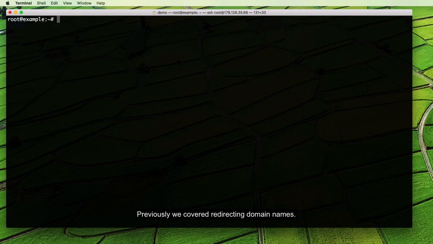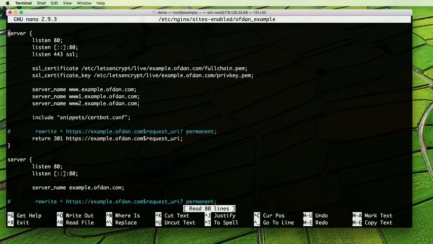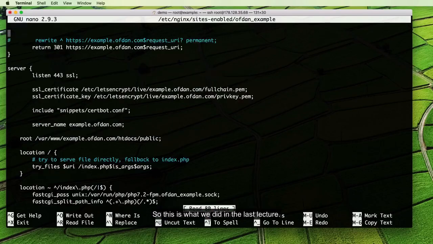Previously, we covered redirecting domain names, but what about if it's just a URL you want? You could easily use location blocks to set up your redirects. So let's have a quick look. So this is what we did in the last lecture. But if we scroll down,